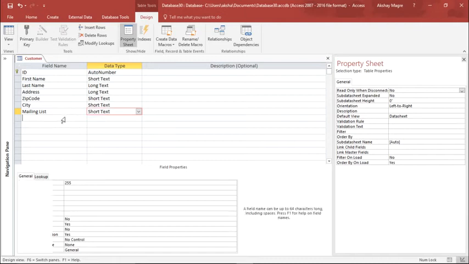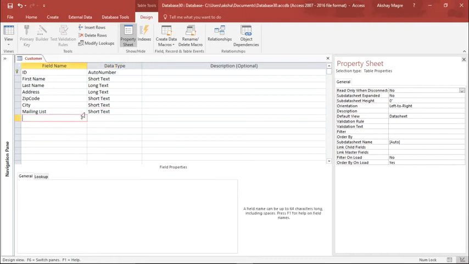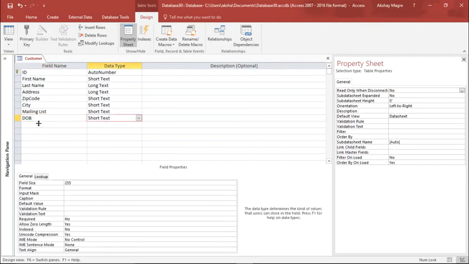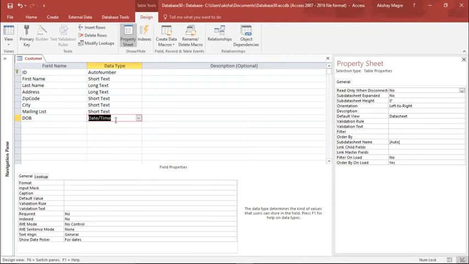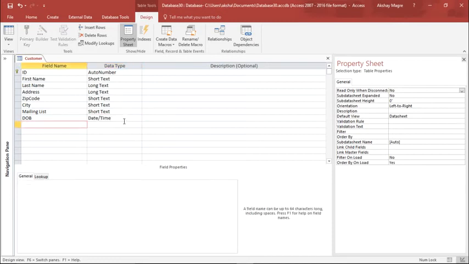Now let's go ahead and see whether I have this drop down menu or not. But before doing that, let's type some more fields for the database. Let's say I want their dates as well, like when they have visited our company and bought some product. So let's say their start date, or let's take this as date of birth. I would like to know their date of birth in my database. So if I go under this drop down menu, this time I will select date and time. Basically it will restrict them to selecting only a date and time. Nothing else can be selected.